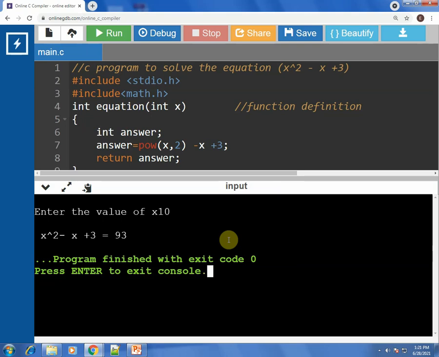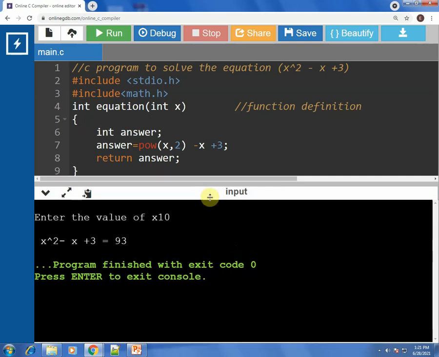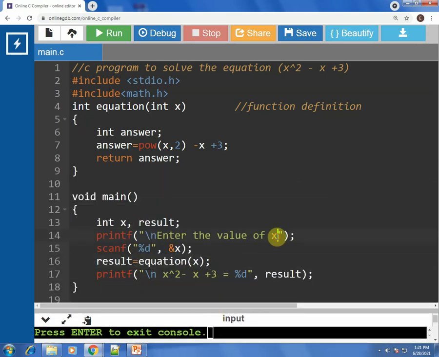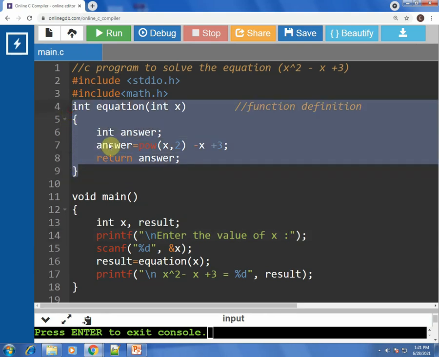Perfect, the program is working absolutely correct. This is how we would write functions, and as you see, the function is written without declaration. Directly where we would write the declaration, we have written the function definition and the function body.